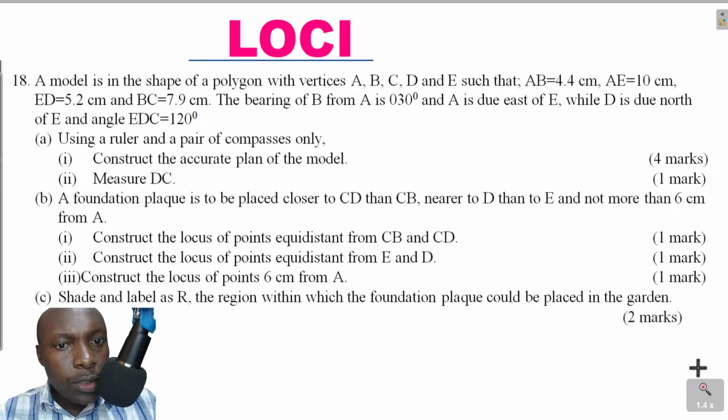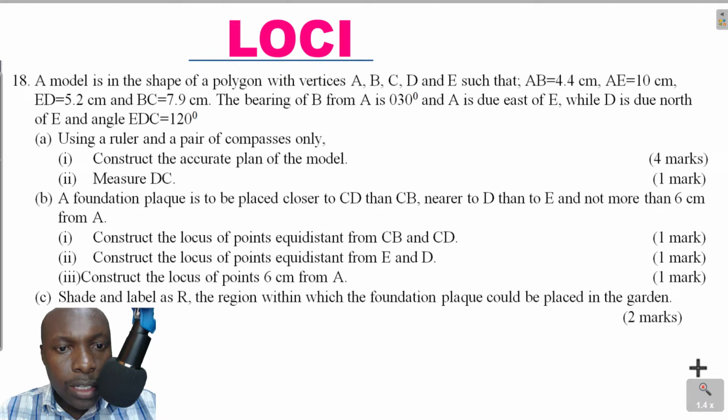I would like us to solve this question on loci. Let me read through the question. Our model is in the shape of a polygon with vertices A, B, C, D, and E, such that AB is equal to 4.4 centimeters, AE is equal to 10 centimeters, ED is equal to 5.2 centimeters and BC is equal to 7.9 centimeters. The bearing of B from A is 030 degrees and A is due east of E, while D is due north of E, and angle ADC is equal to 120. Using a ruler and a pair of compasses only,